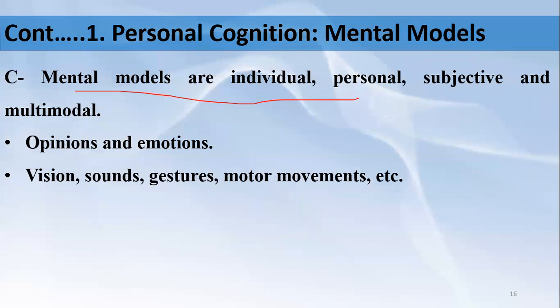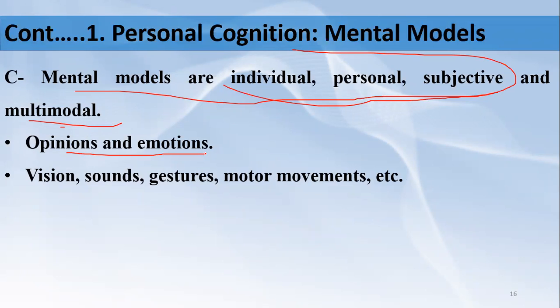Mental models are individual, personal, subjective, and multimodal. Now, these things are already clear: individual, personal, and subjective. How are they multimodal? They are subjective because they involve our personal emotions and opinions. Fine, and at the same time, they are multimodal because they do not contain one mode only, rather they contain visions, the images, the sounds, the gestures, the actions. Fine, so that is why they are